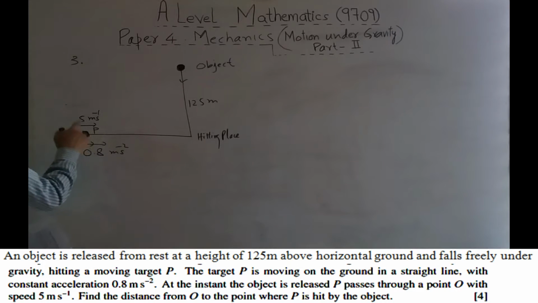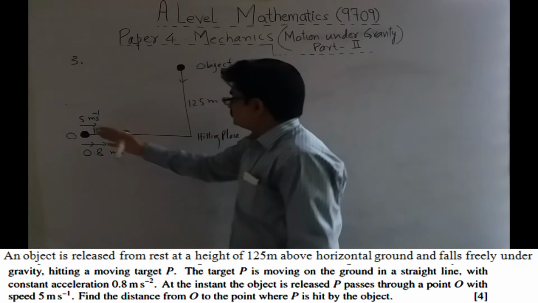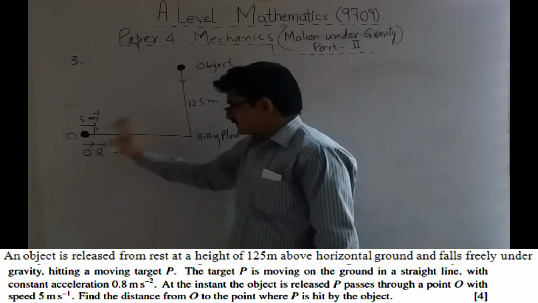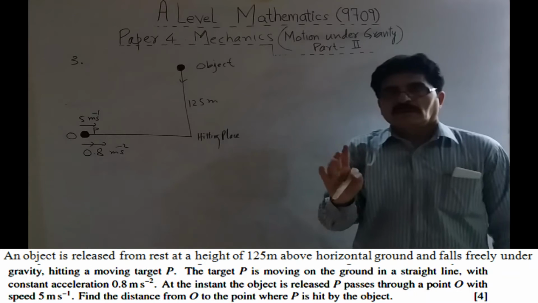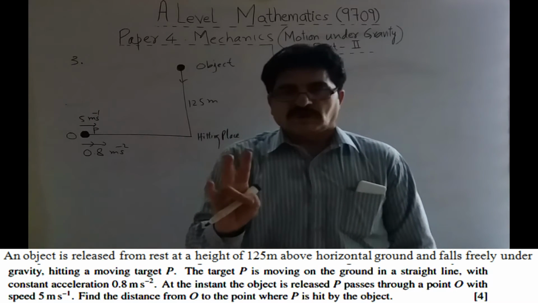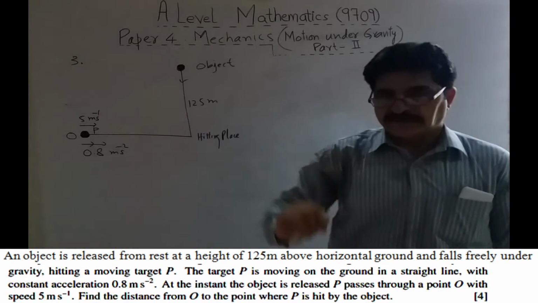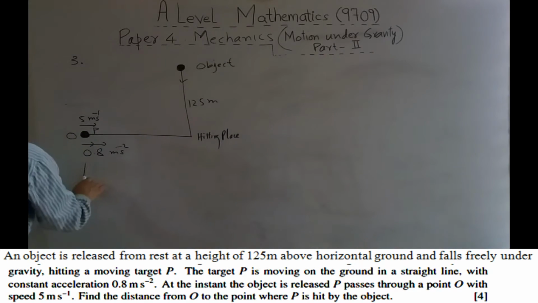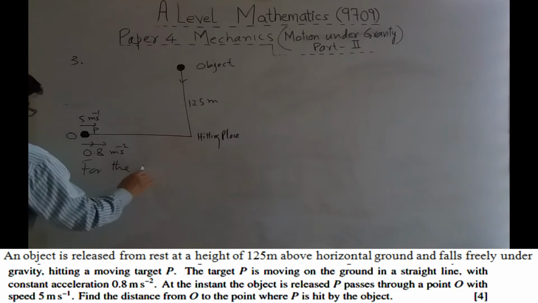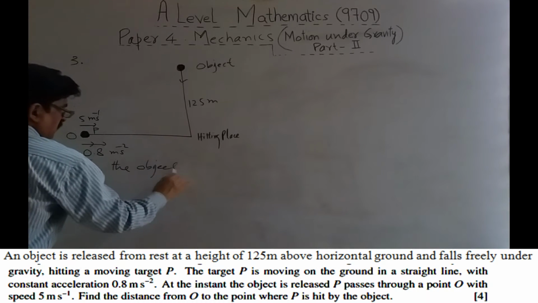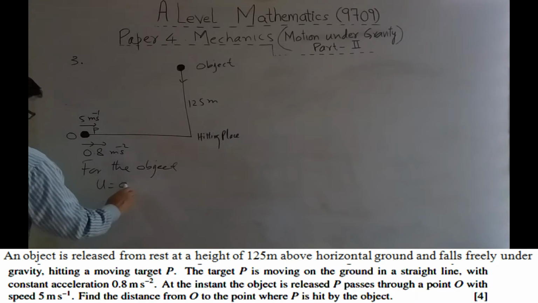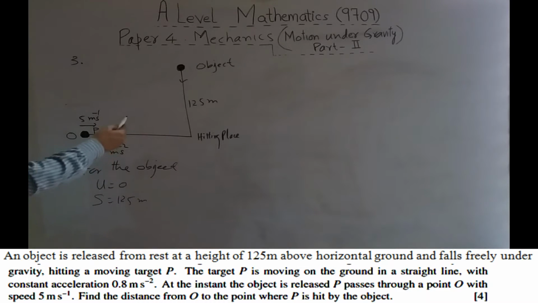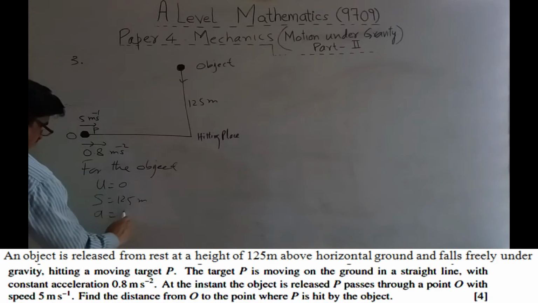Now for P we have to think, can we find it directly or do we need some other quantity? So here we have acceleration and initial velocity only. We have two quantities. Now you know very well that with two quantities you can't find the third quantity. We need another quantity. Now see this. For the object, we have initial velocity 0 and distance we know is 125 meter and acceleration is 10